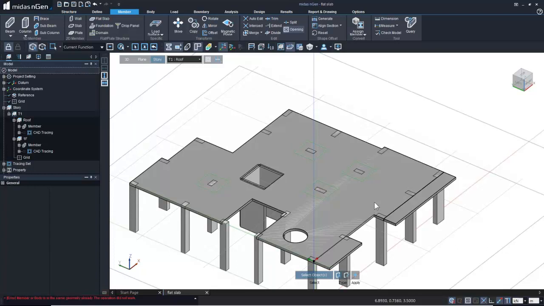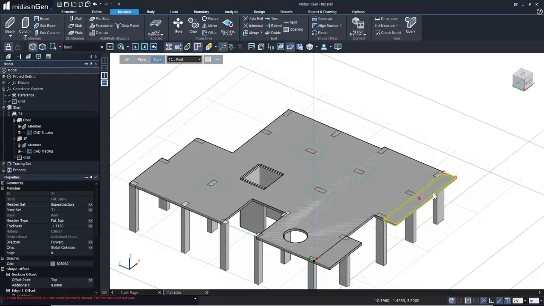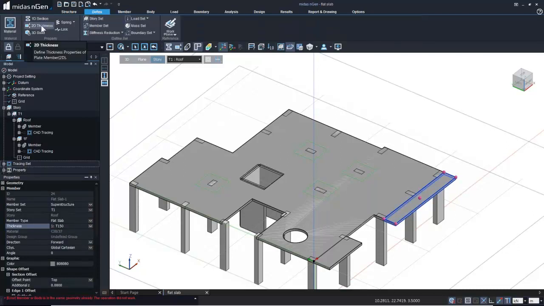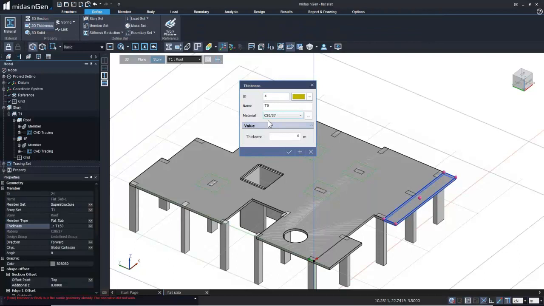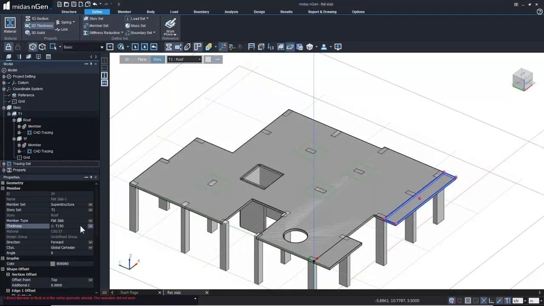If there is any different thickness in the flat slabs, like for example, I'll get out of this command first. So example, this slab has got a thinner thickness, then you can simply modify the thickness from here. So you need to firstly create that thickness using the define tool. Define, then there is 2D thickness. So using C3037, I create 0.1 meter and click on OK. Now I select the slab and then I select T100 as the thickness,